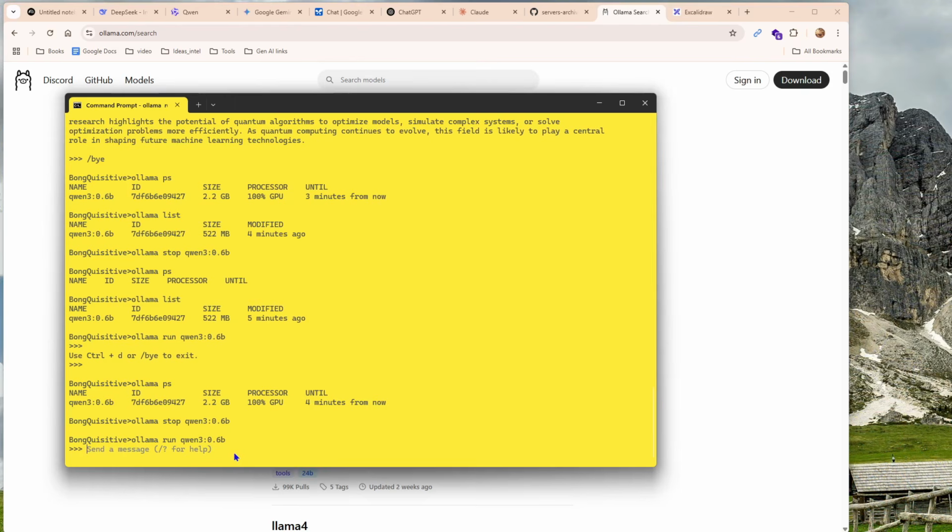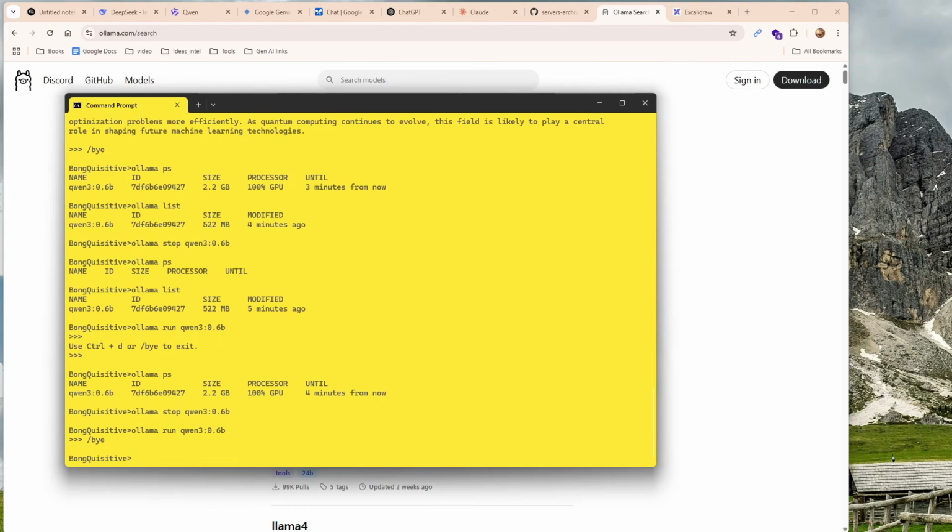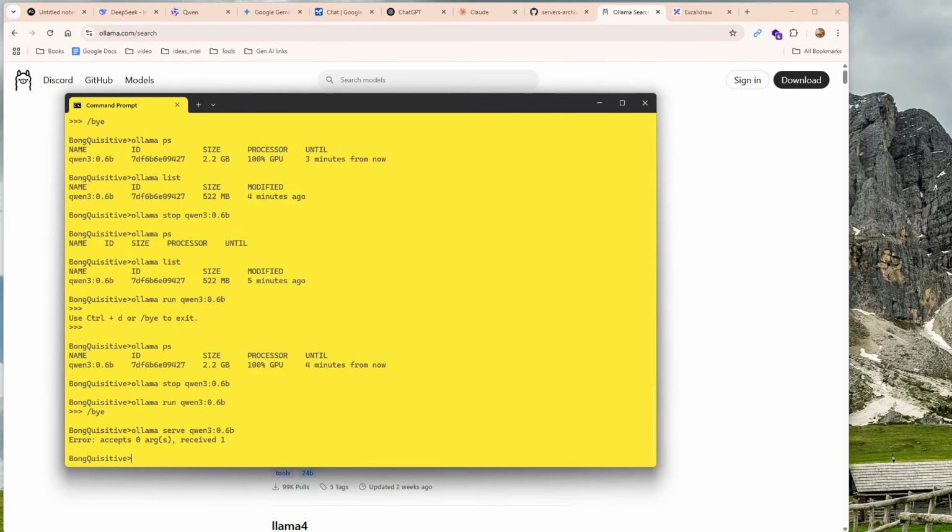Okay, by the way, I want to show you something else as well. Now you see, I can't do anything in the terminal. I would probably have to open another terminal, but I do not want to do that. So how can I just let the server run without occupying this terminal? Let me try that. I can do that using another command called serve. So if I do Ollama serve,